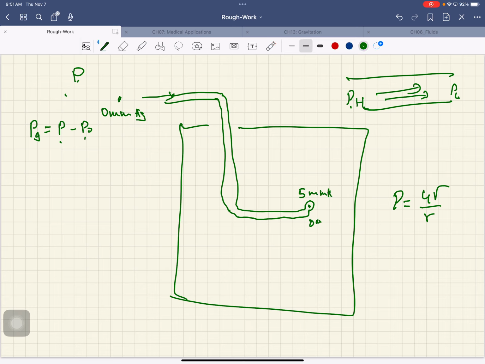Well, if this was 5 millimeters of mercury, this pressure is higher, that air should go out and this alveoli should collapse. Well, how do you prevent that? Okay, so here's what you do. When you breathe in, what do you do? You lower your diaphragm, okay? And inside your thoracic cavity, what you do is you maintain a